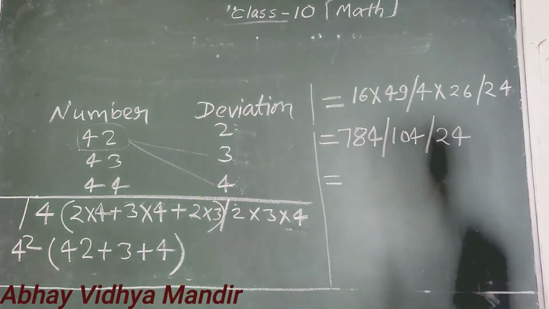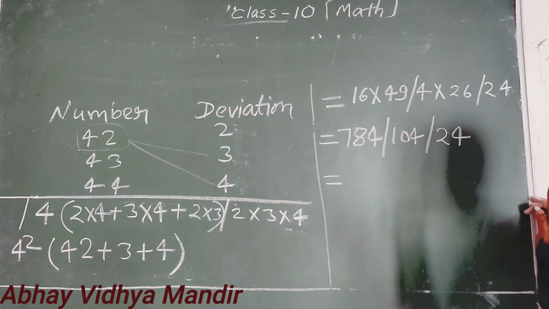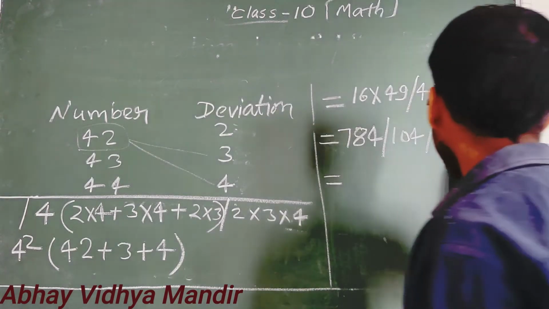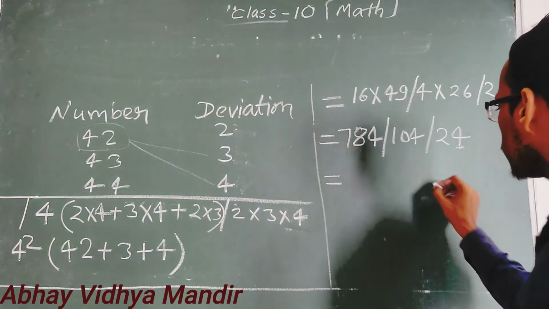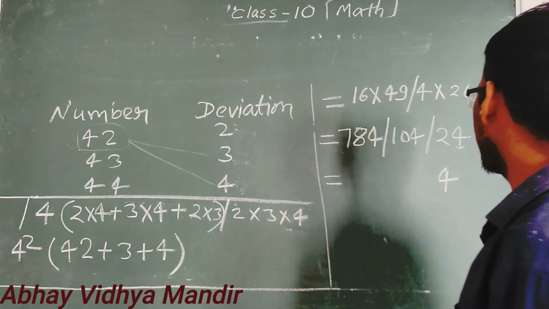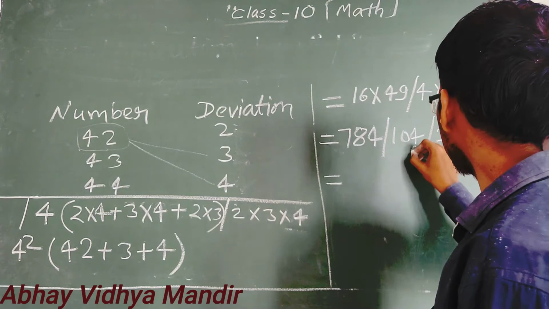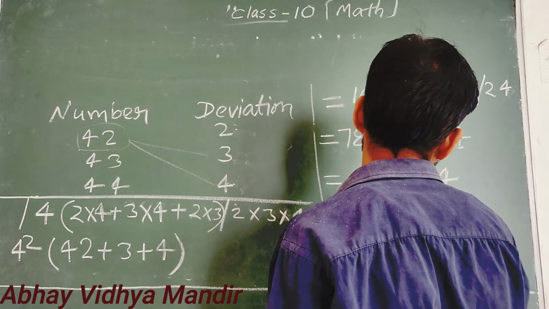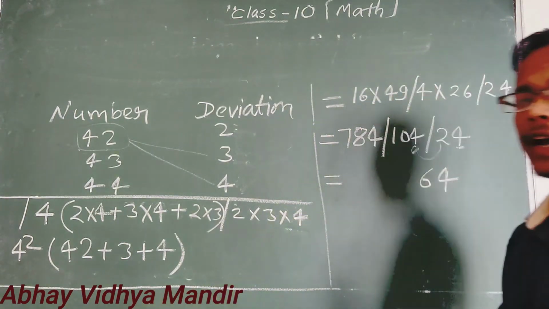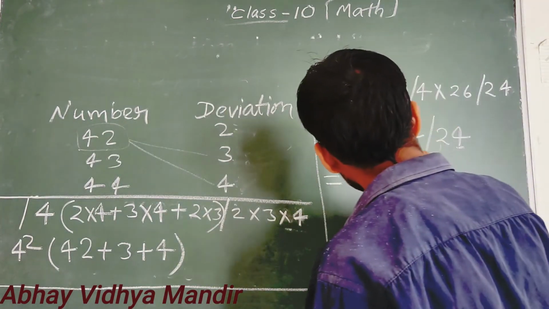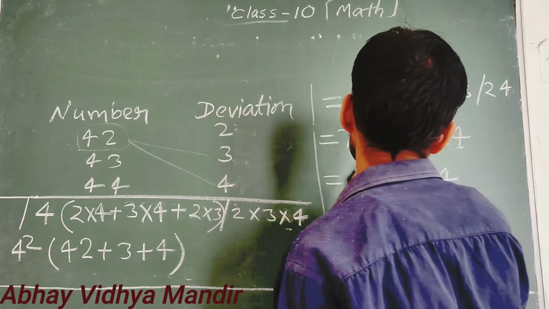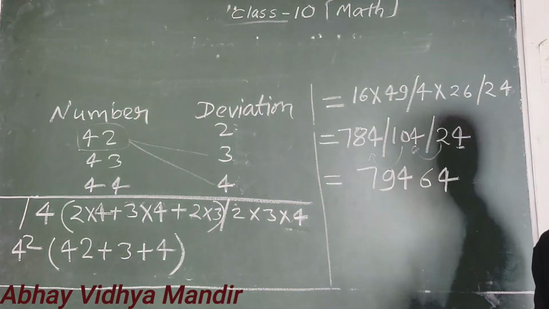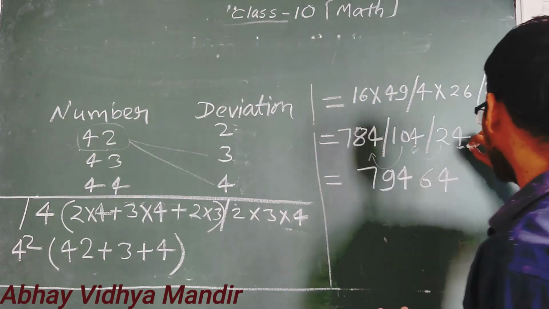Now, what was the base? Base was 10. So we have to take only the first value, the unit place value. Okay, so here is what? 4. So we have to take 4. Then add this 2. Then this is 4, 106. So from 106, 6 goes here and 10 carries to this. 10 will carry here. So 7, 9 and 4. You can add also in the next group of this.